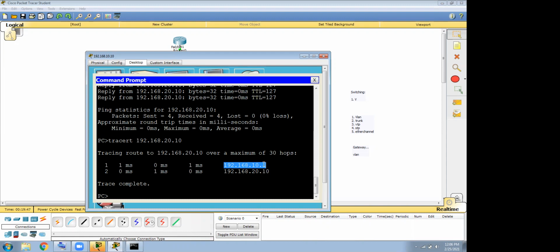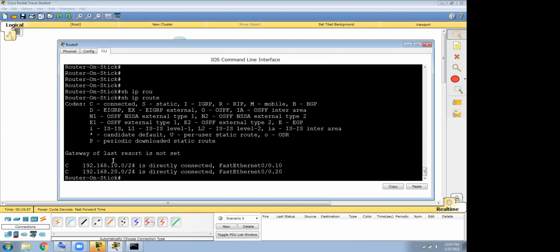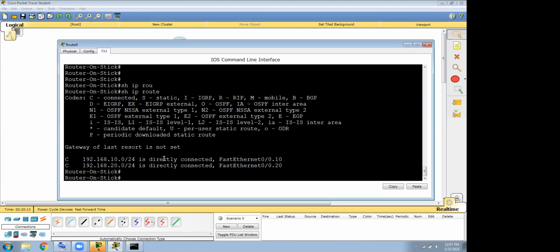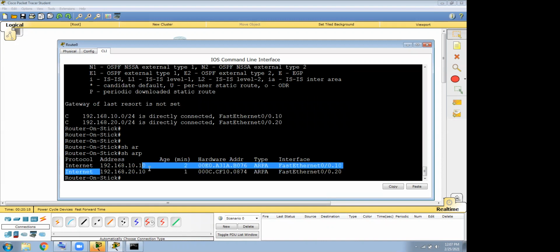So now the router understands this, and now he is able to ping that. When the traffic goes to the gateway router, what does the router do? It will check the routing table. One second, let me see. Who are you? Okay, I am 192.168.10.10. Okay, perfect, I have your entry. Where do you want to go? I want to go to 192.168.20.10. One second, let me check my routing table. Okay, 20.10, I know that. You want to go there, right? Okay, you can go there.